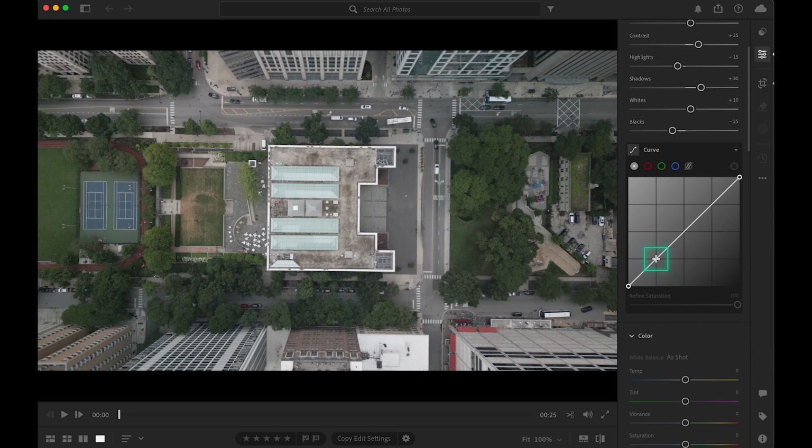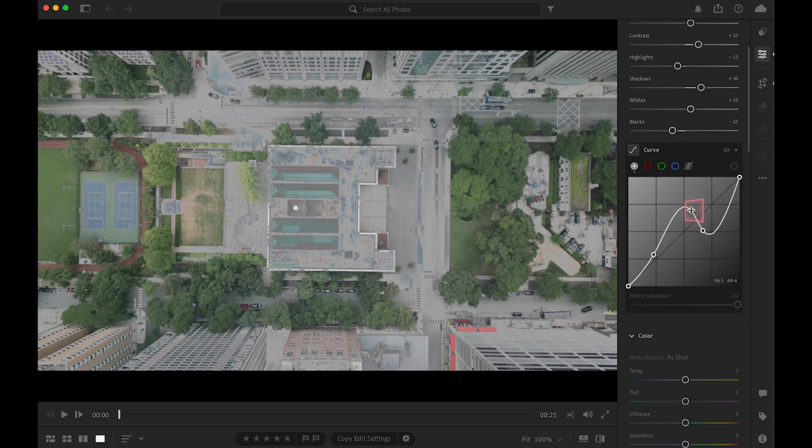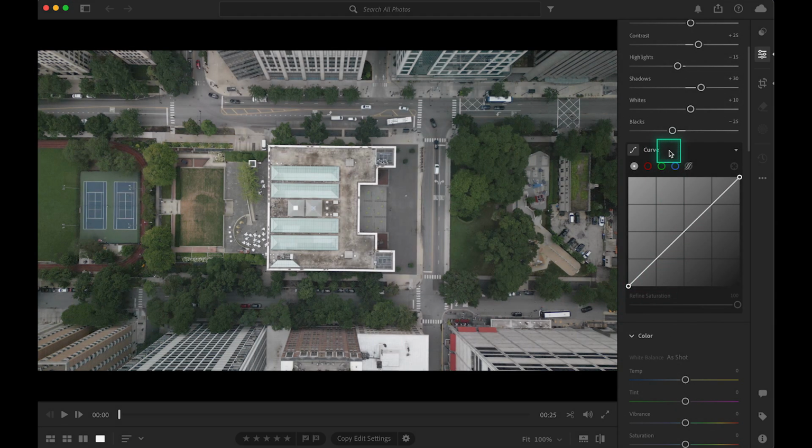do is while clicking on the curves panel, it can get a bit wayward if you just click anywhere. So we don't want to do that. So let's reset that back. So by having Option down and then clicking on Reset Curves, it goes back. But then whilst you're on the actual curve itself, if you hold Option, it allows you to make very precise placements. So I split this